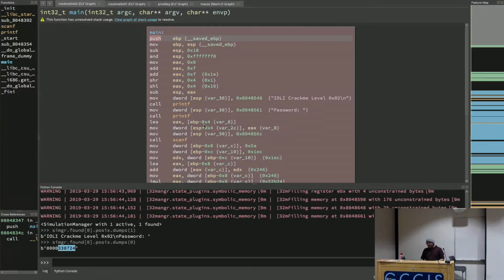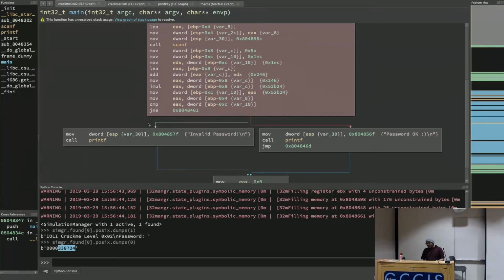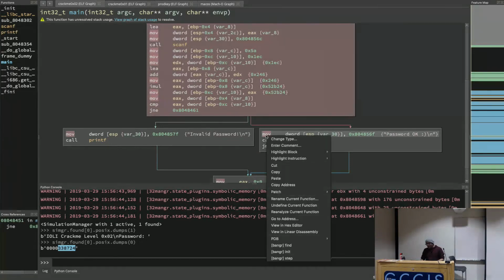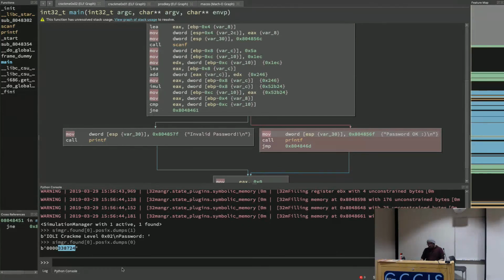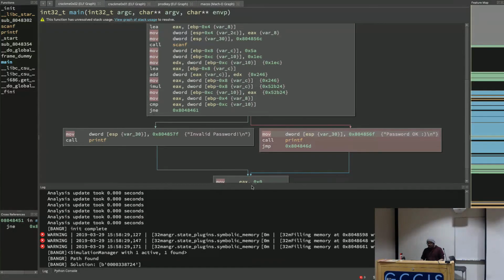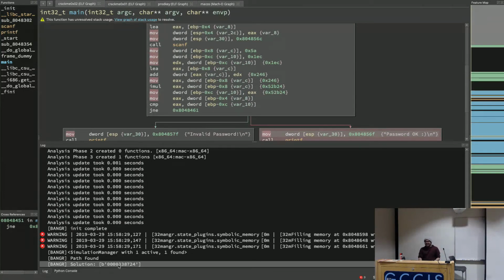It's going to highlight that block that it's executing at. We'll go here and say, all right, find this instruction. It'll say that it found that instruction. If we go to the log, we'll see that it gives us our solution right there. It only works for this case, so it's not worth clapping for, but